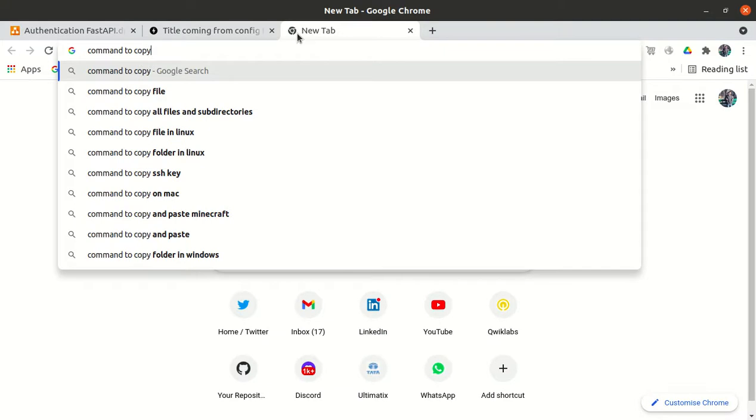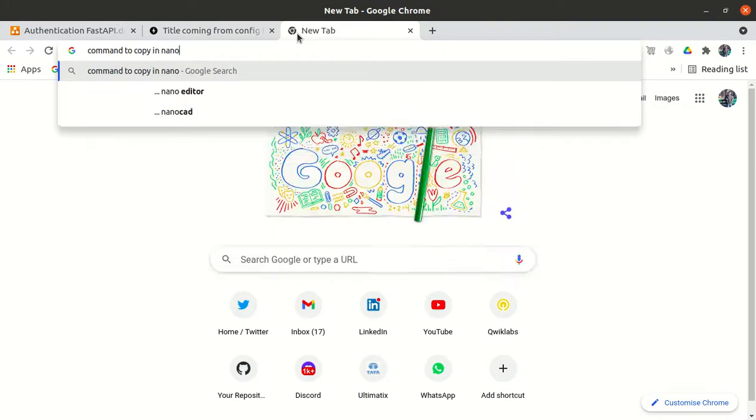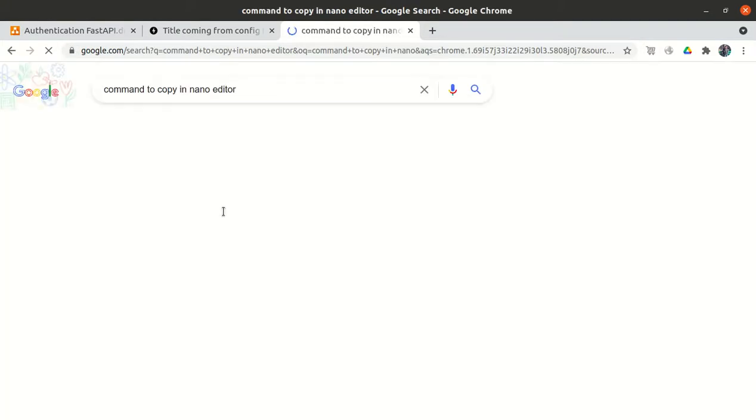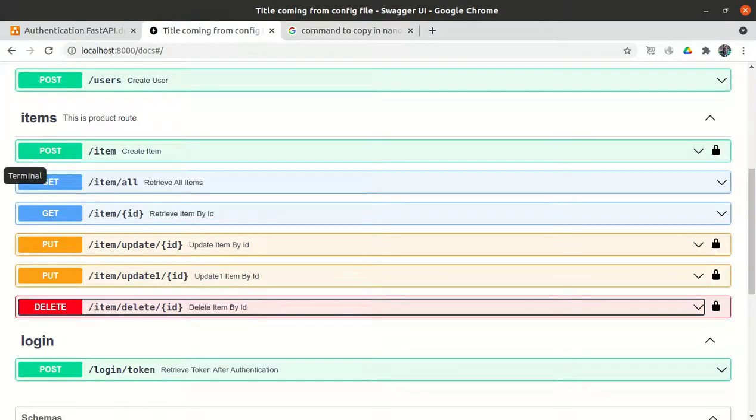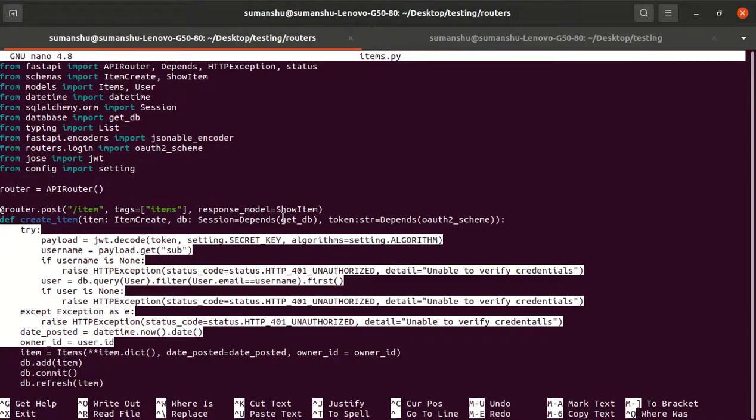Command to copy in nano editor. Copy, paste, cut. To copy the mark text, Alt plus caret. Let me try. So I have Alt plus caret.